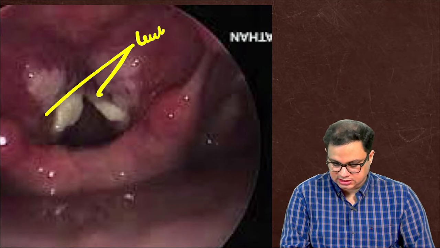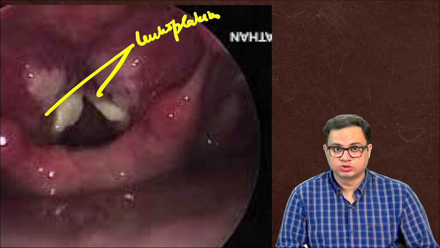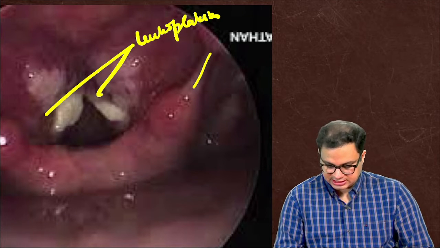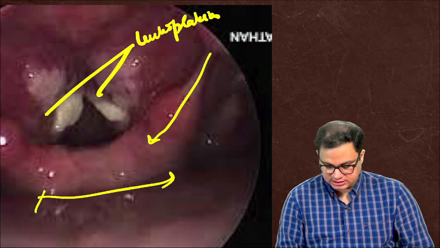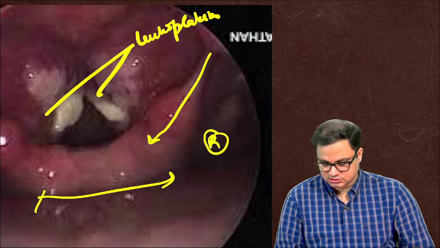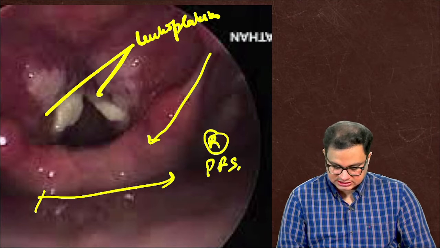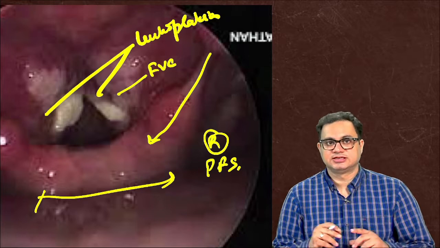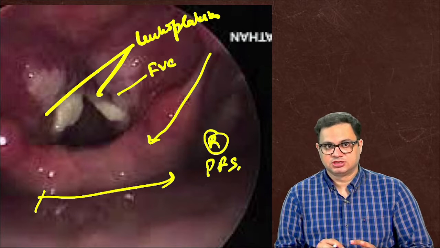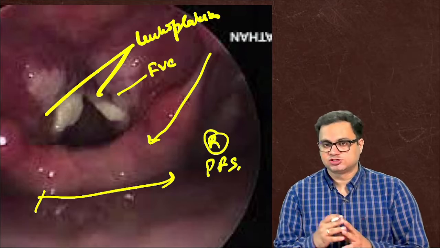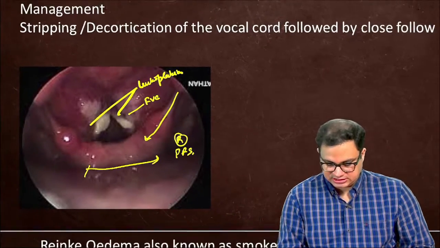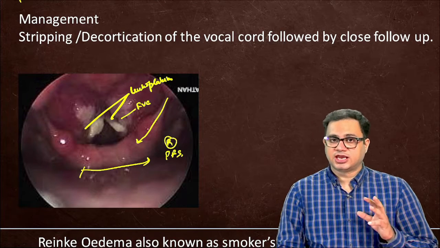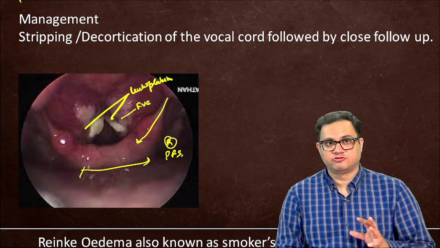Now you can see here that the patient is having leukoplakia of both the vocal cords. You can see the whitish patch. This is the arytenoepiglottic fold, and this is the post-cricoid area. This is the right piriform sinus. You can see the false vocal cord also, but on the true vocal cord there is a whitish patch, and it is encroaching on the false vocal cord also. These are seen in smokers, and this is also known as keratosis laryngis or leukoplakia of the true vocal cord.